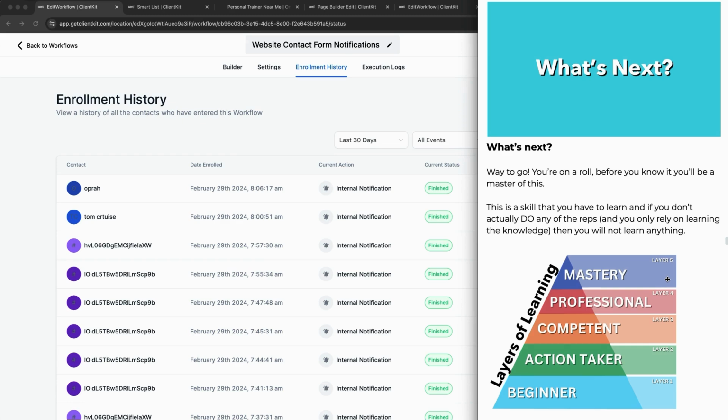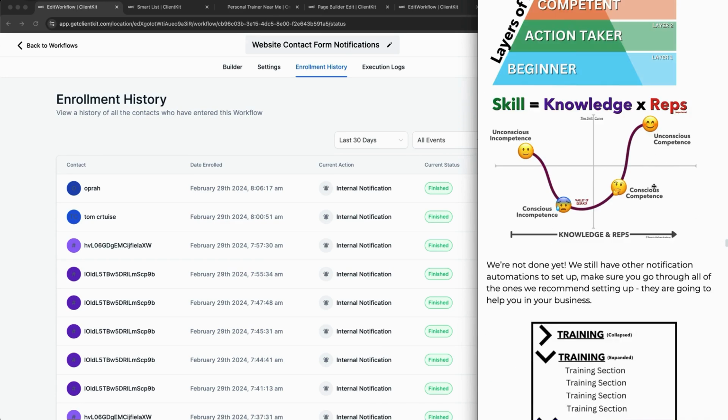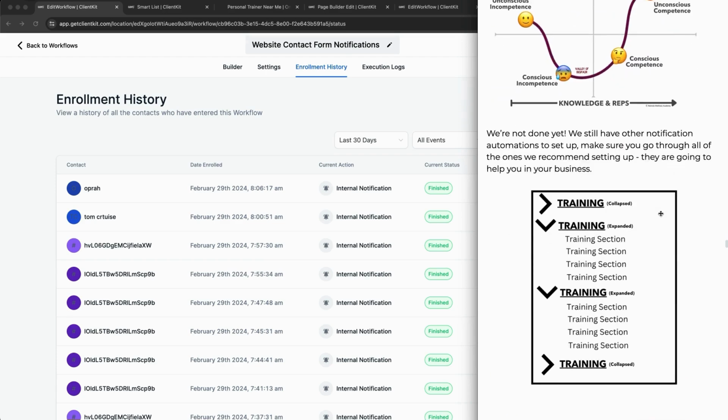And so that way you are opening that channel and opening that door for the communication via the community. Make sure you go out there and get the repetition over and over again. Now, ladies and gentlemen, we're not done yet. We still have other specific automations that we're going to go ahead and walk you through in the upcoming training